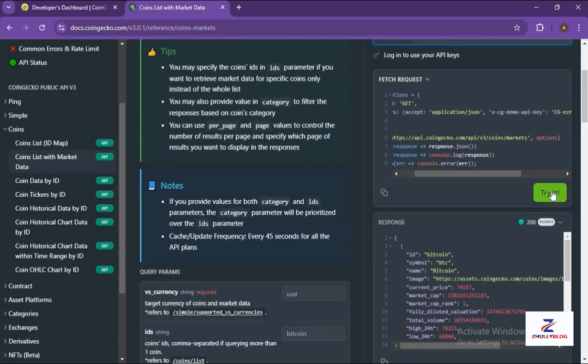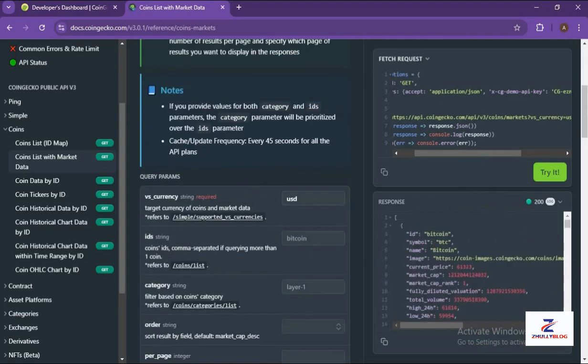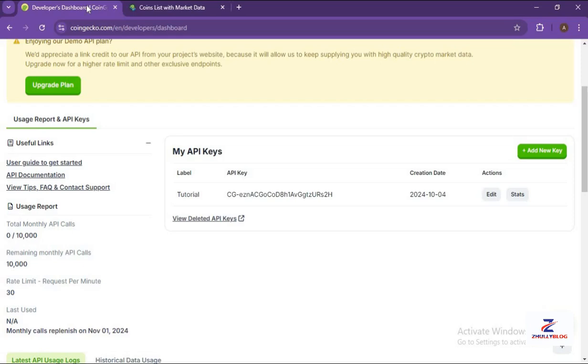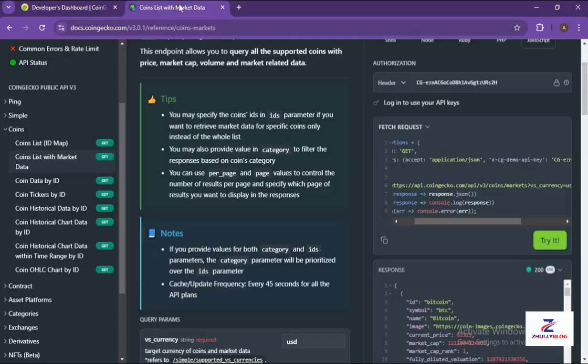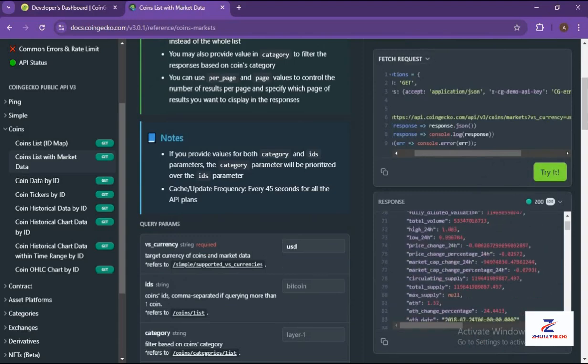Okay, and then here we're going to set it to USD. Now you click on try it, and let us see if we're able to fetch. Can you see that this is working? So after you need to paste the API key that you got here. You need to paste it right in the header. Then here you set the currency to USD, and then you click on try it. Then it's going to fetch as many